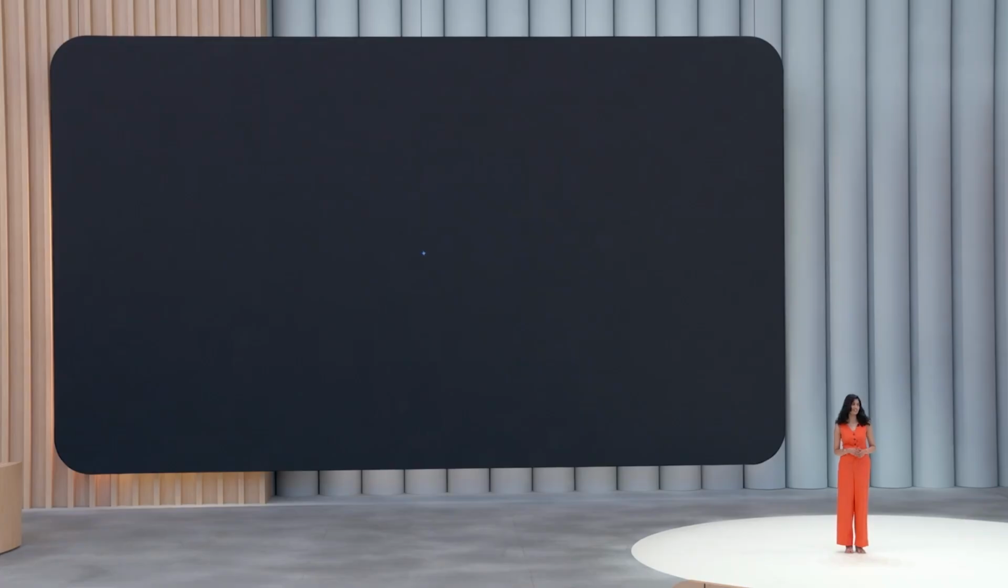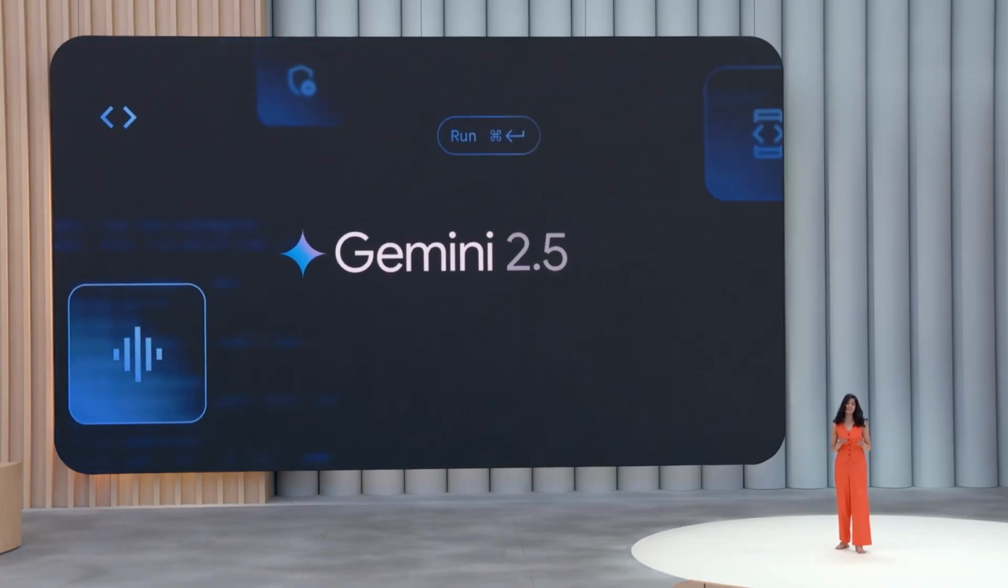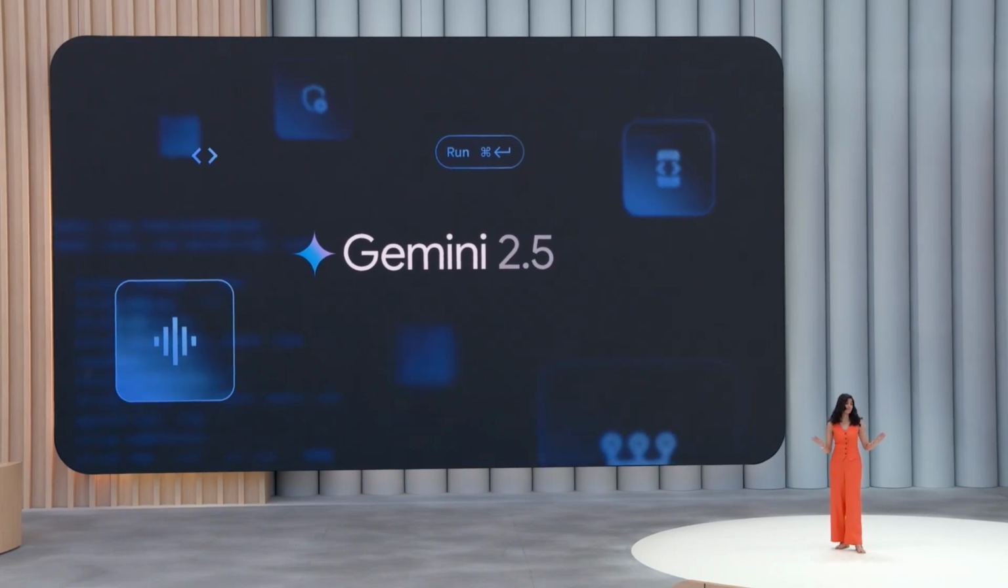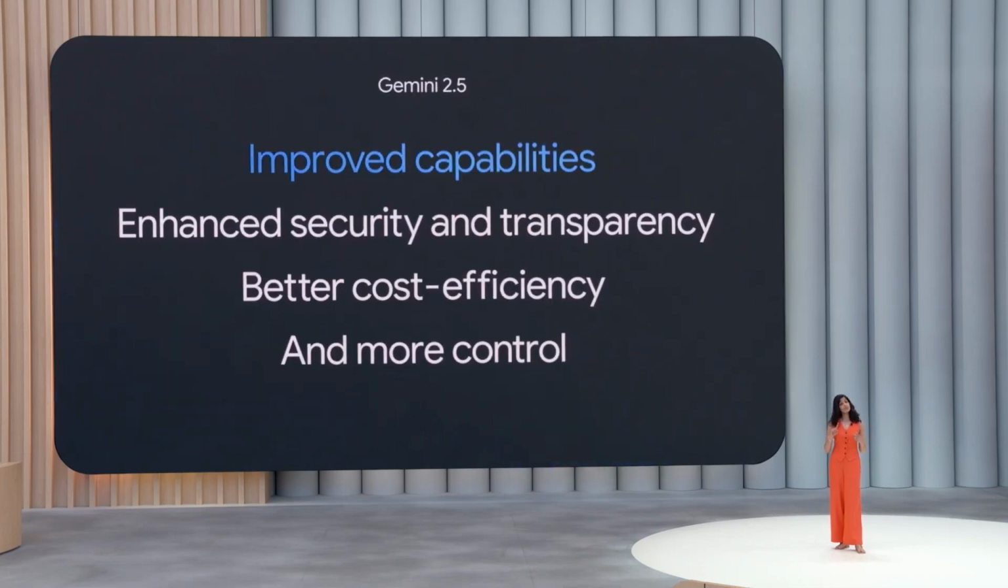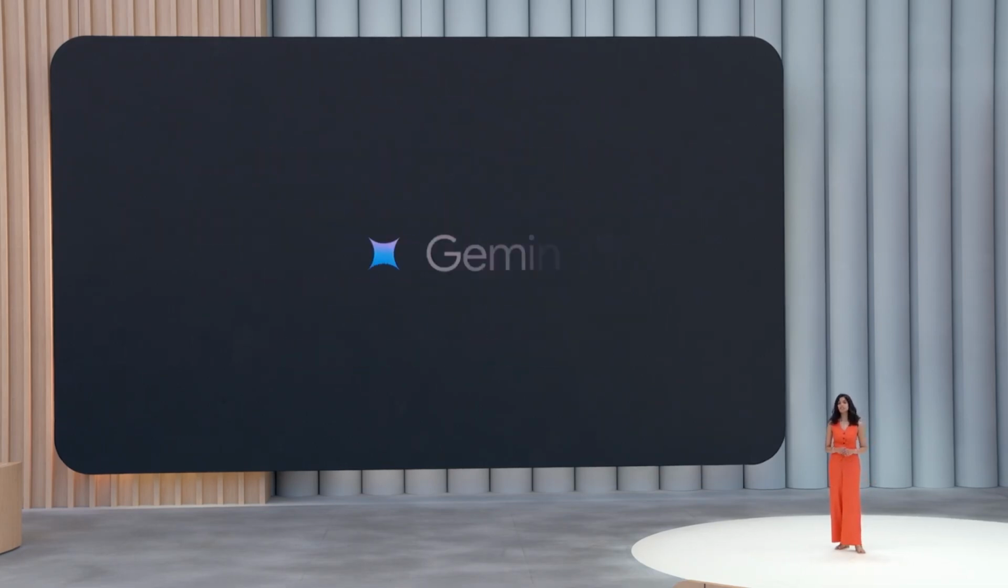Thanks, Demis. I'm so excited to share the improvements we're creating to make it easier for developers like all of you to build with Gemini 2.5, all based on your feedback, with improved capabilities, enhanced security and transparency, better cost efficiency, and more control. First, in addition to the new 2.5 Flash that Demis mentioned, we are also introducing new